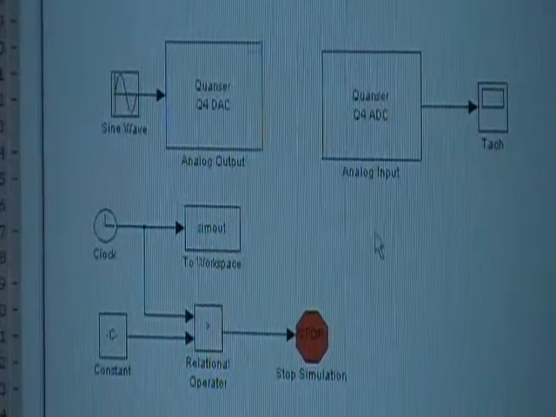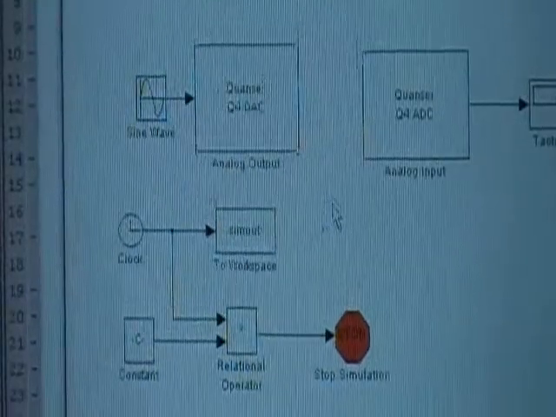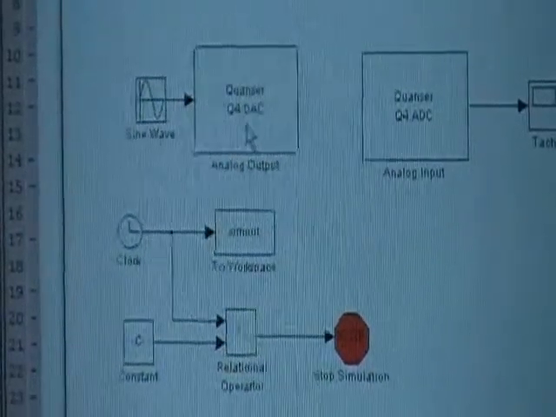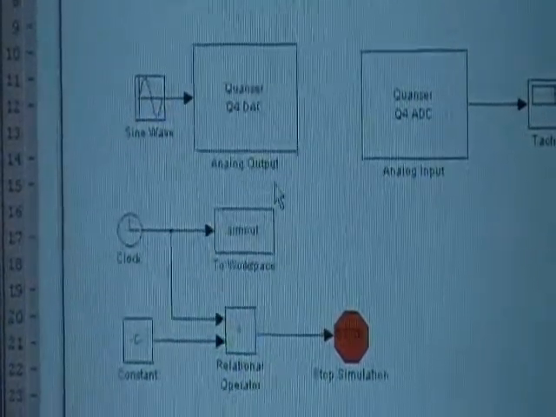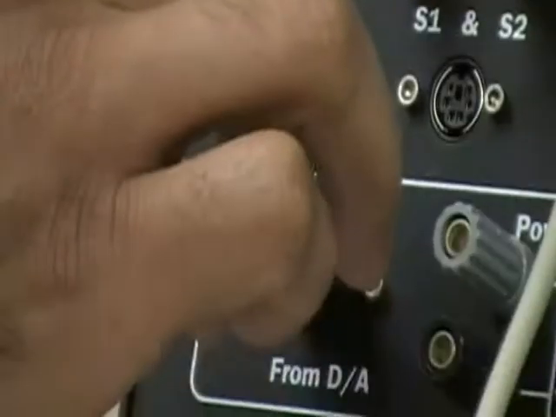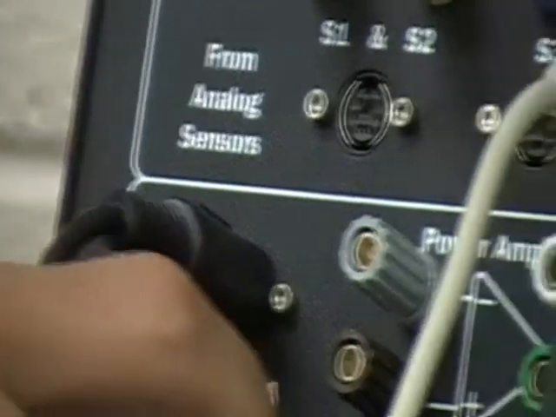Right now I'm going to show you, because it's kind of confusing sometimes, the analog output for this simulation is the analog output for the Quanser board, this one, and the signal goes to the input of the power module. It goes to the motor directly, as the input of the motor. The analog output of the Quanser